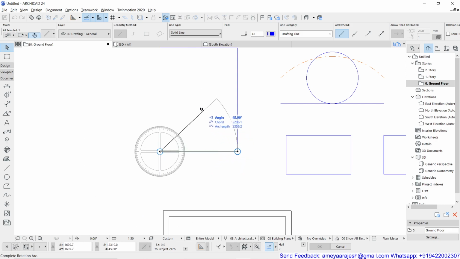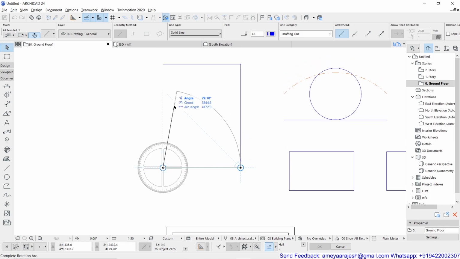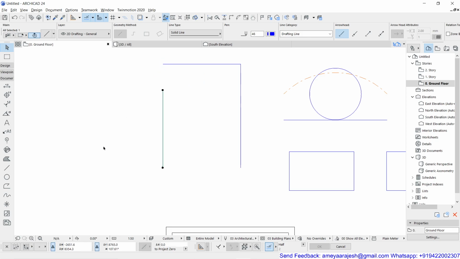That means I have to specify the included angle, correct? So you can rotate between 0 to 360. Obviously 360 would be meaningless, so you just have to give some required angle, say for example 90 degrees. So what happened, I have rotated, but I have lost the original object, and the object is now placed with a new orientation. You can select as many objects as you want and rotate them.